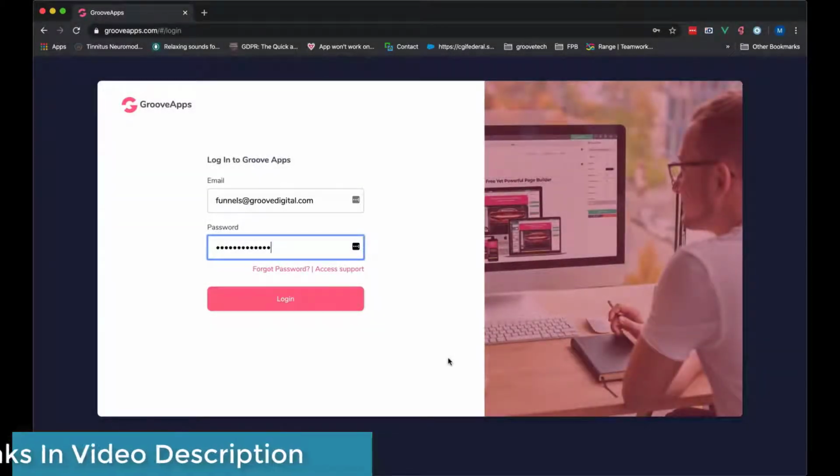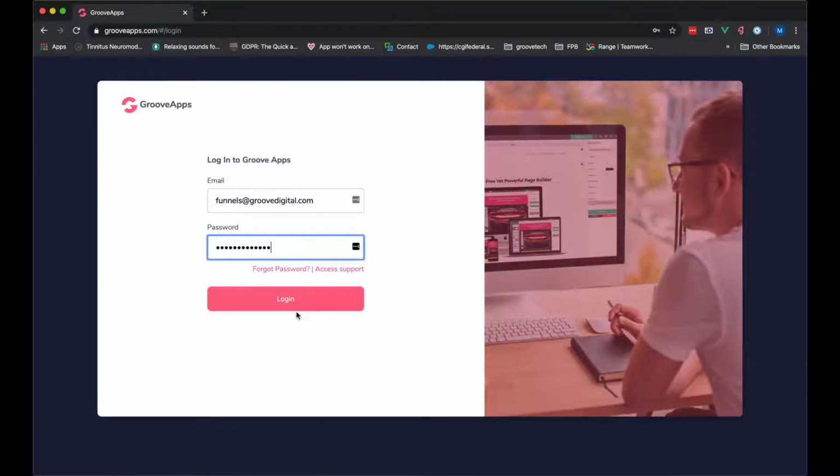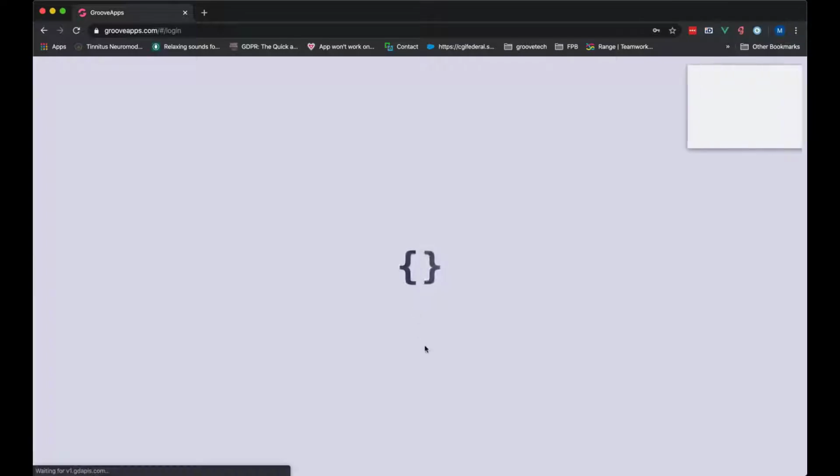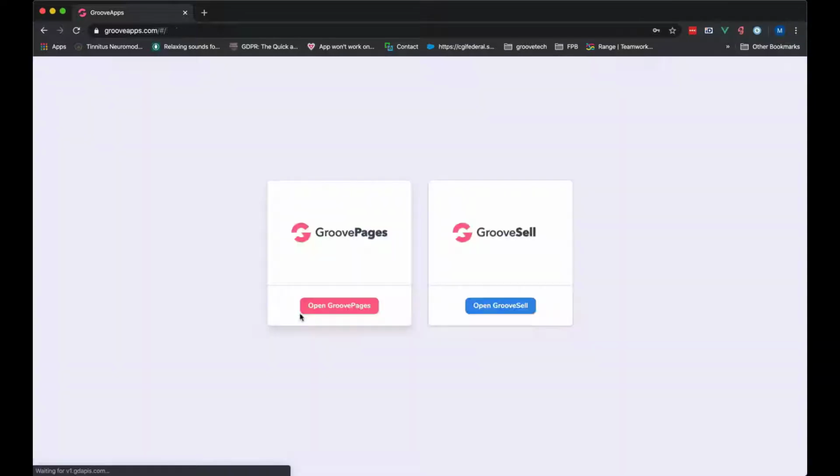Hey everyone, in this video I will show you how to add an image to one of your pages in GroovePages. Start off by logging into Groove Apps, navigating into GroovePages,